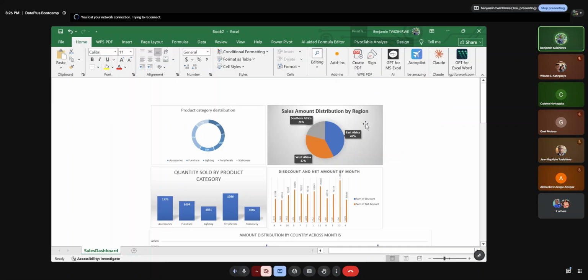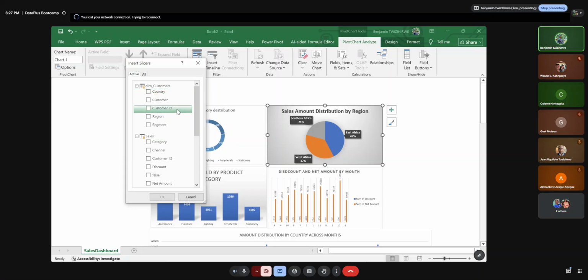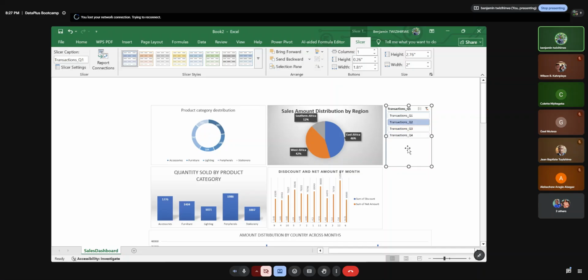So we are going to click on any of the charts on the dashboard we want. Just highlight it. After highlighting it, please come to pivot chart analyze. After coming to it, please select insert slicer. So let us put Transaction Q1 and we hit OK. After hitting OK, we try to drag it around here